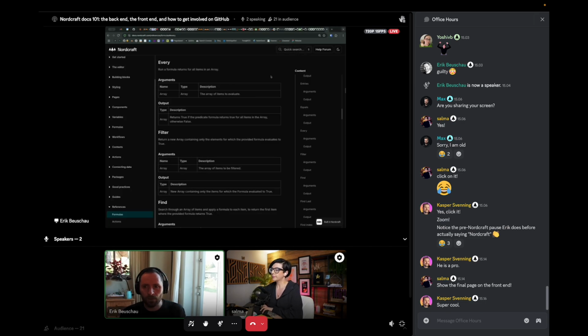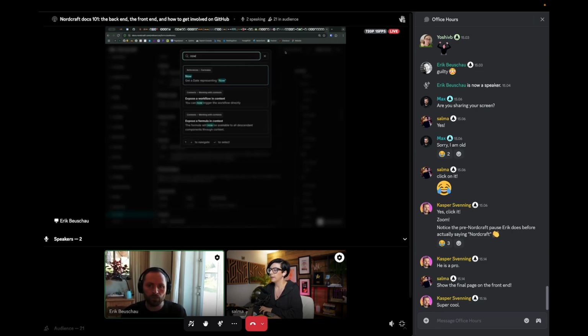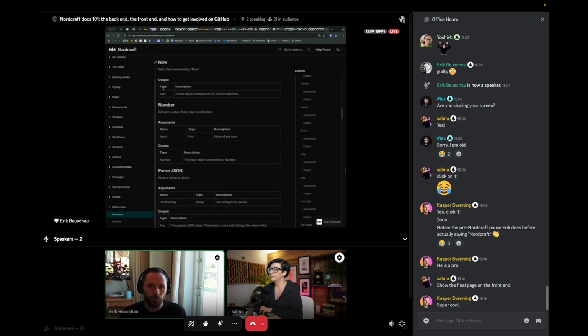And there are a few things that I didn't mention. So we have the search up here that uses TypeSense, which is an open source search engine, which allows you to search the entire docs. And we build the index for the search whenever we do a new deploy. So that is also up to date. So for instance, I could search for now, and we'll find that there's a formula called now